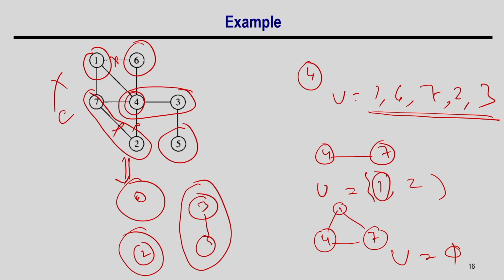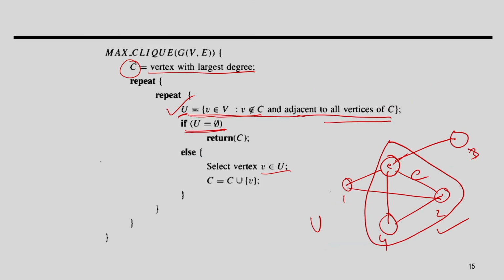What I am trying to say is that since this is a heuristic algorithm, and there is nothing to decide which vertex to select, is there any way you can minimize the size? So this algorithm may not always give you the minimum number of cliques to cover the complete graph. But this is an efficient algorithm, because it runs in V plus E, and it can give you the cliques in quick time. But the solution may not be the optimal one. So with this I conclude today's discussion. Thank you.